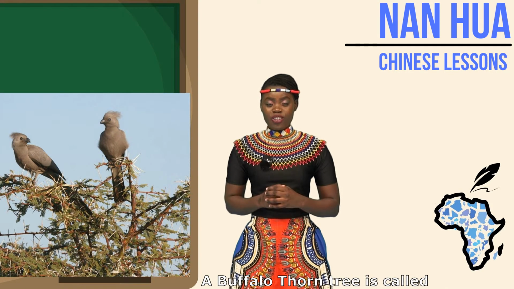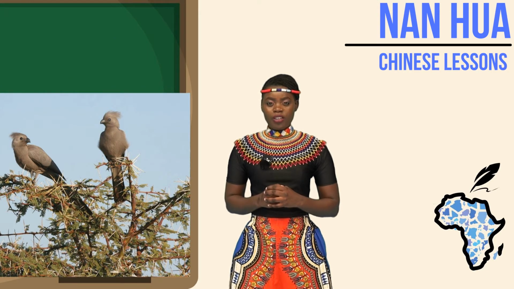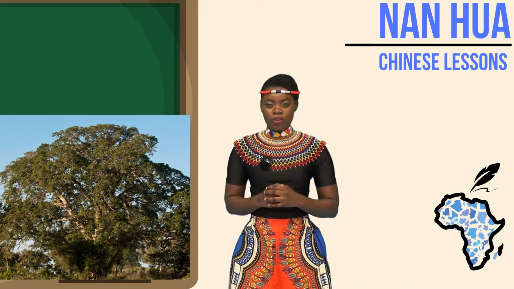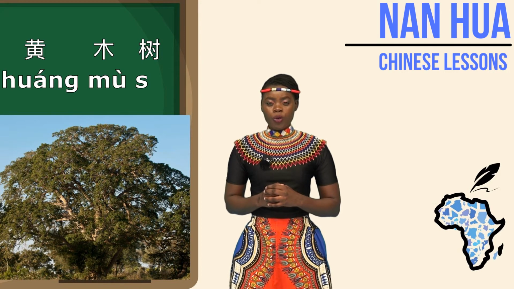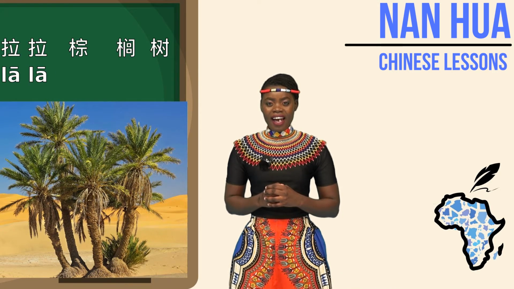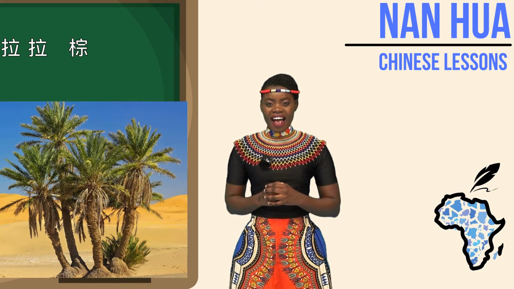A buffalo thorn tree is called 水牛刺树。A yellow wood tree is called 黄木树。A lala palm tree is called 拉拉棕榈树。An umbrella